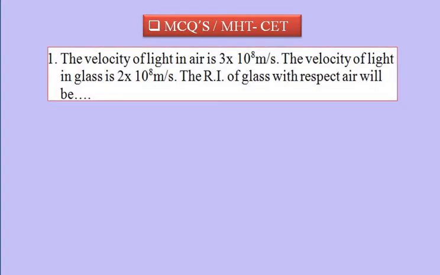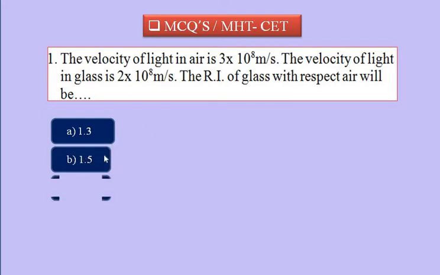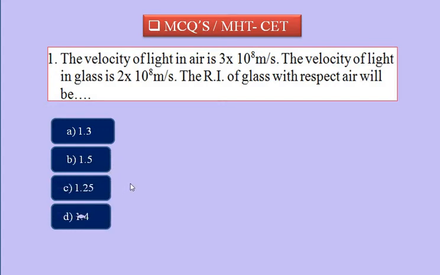The velocity of light in air is 3 into 10 raised to 8 meter per second. The velocity of light in glass is 2 into 10 raised to 8 meter per second. The refractive index of glass with respect to air will be? The options are A 1.3, option B 1.5, option C 1.25, option D 1.4. And the solution is